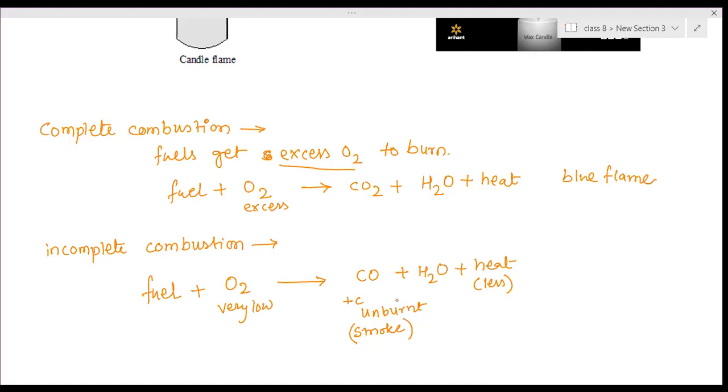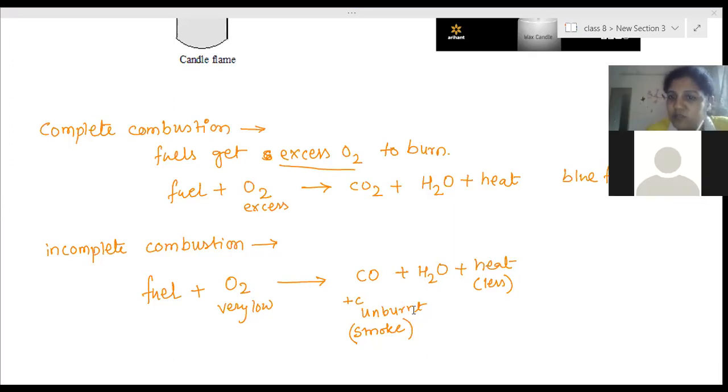Even when a candle is burning and we place our hand over it for some duration at some height, what will be seen on our hand? A black, powdery substance. Or even with kapoor when we take aarti, when we move our hand over the flame, our hand becomes black. That black is actually the unburnt carbon, that is smoke. Clear? This happens when the fuel couldn't get sufficient oxygen.